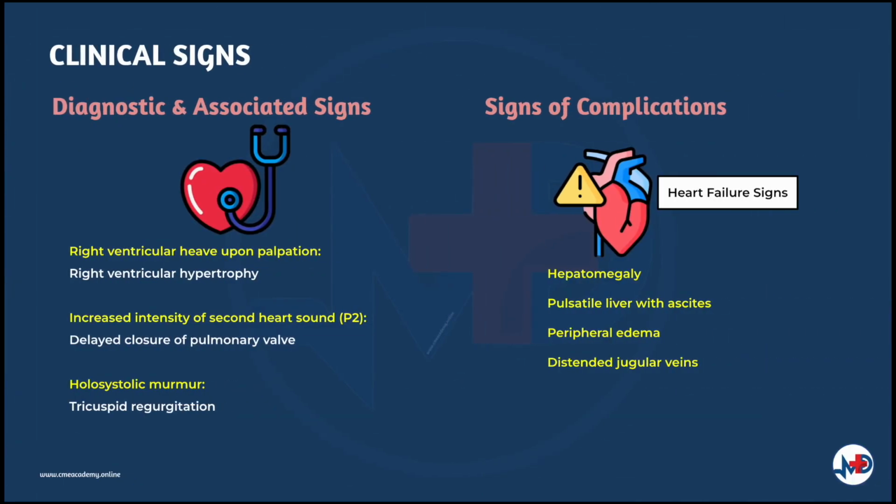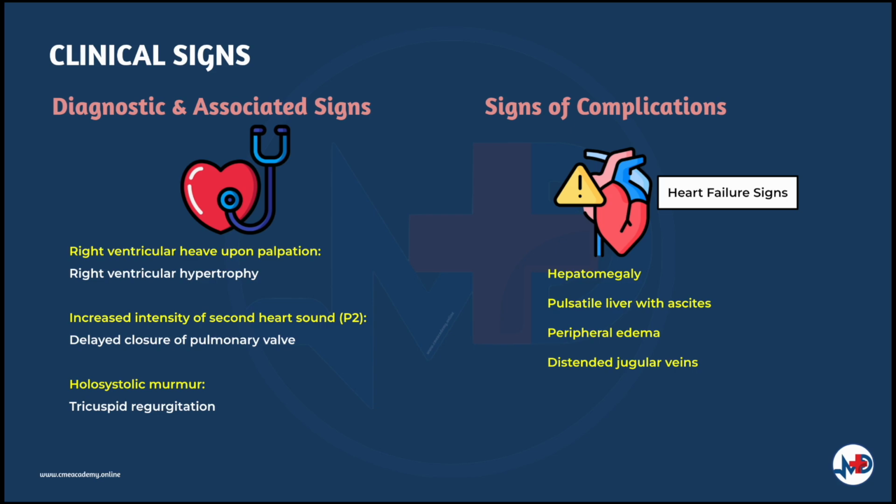What are the clinical signs that can suggest pulmonary hypertension? The cardiovascular and respiratory examination are the two most important examinations for pulmonary hypertension. Patients can have right ventricular heave upon palpation, which suggests the presence of right ventricular hypertrophy. The intensity of the pulmonic component of the second heart sound may also be increased due to the delayed closure